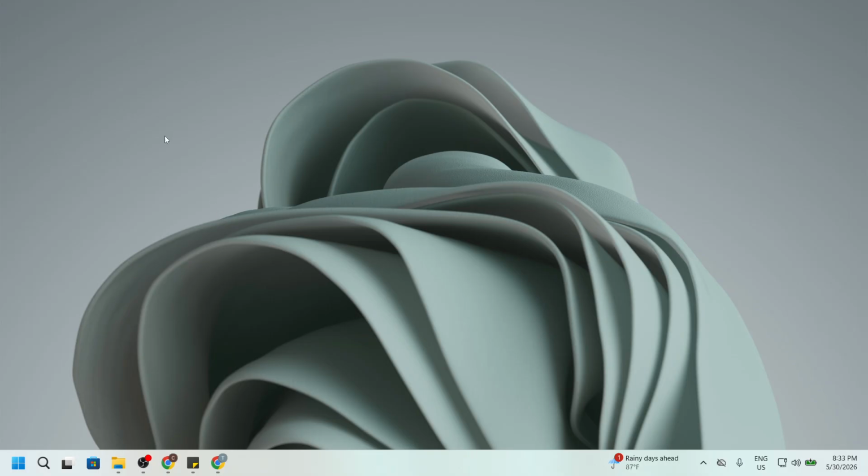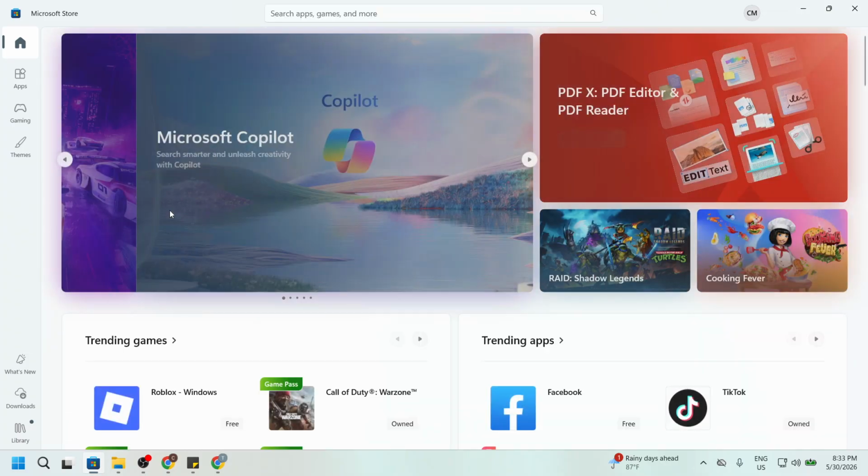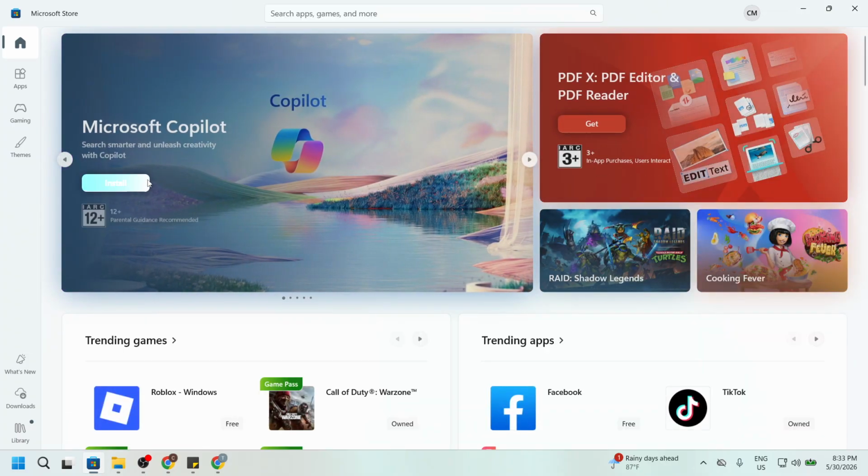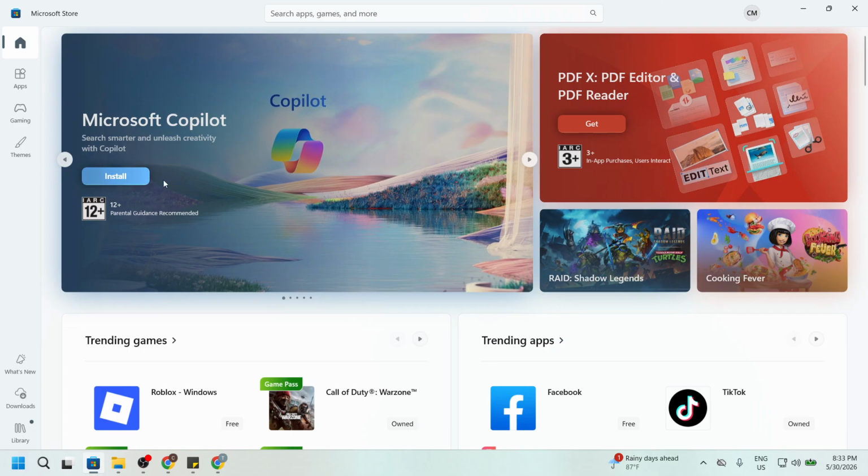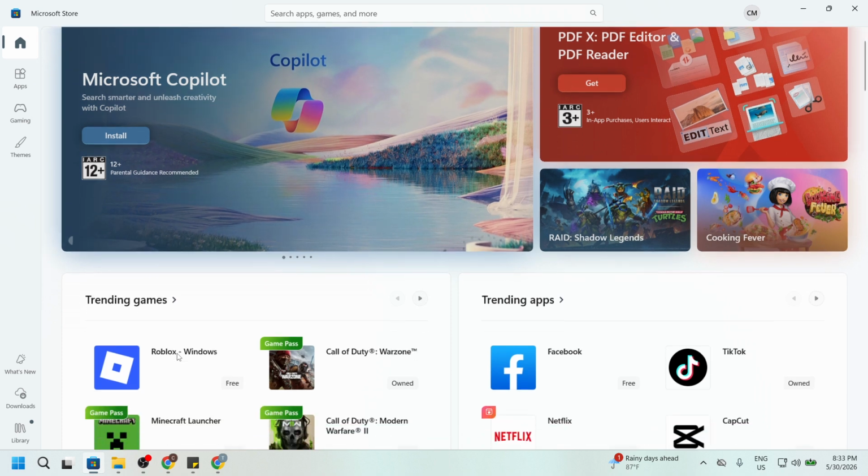Start by launching the Microsoft Store. On Windows, open the Store app from the taskbar or the Start menu. On Xbox, open the store from your console's home screen. Make sure you're signed in with the Microsoft account you want to use for the purchase, since the gift will be tied to this transaction. It's also a good moment to confirm your payment method is up to date to avoid any last-minute hiccups.